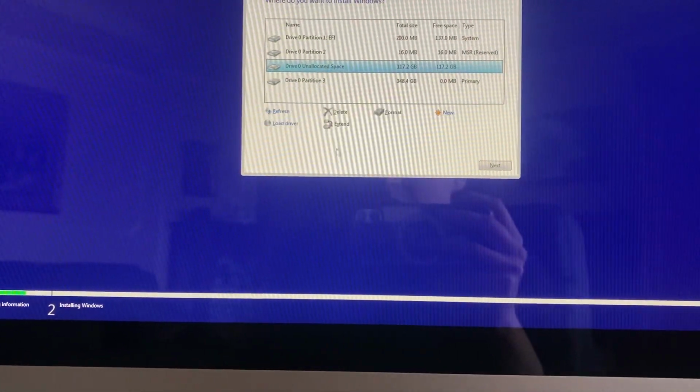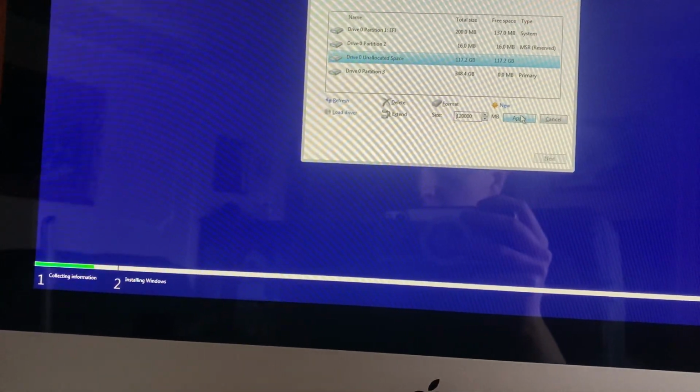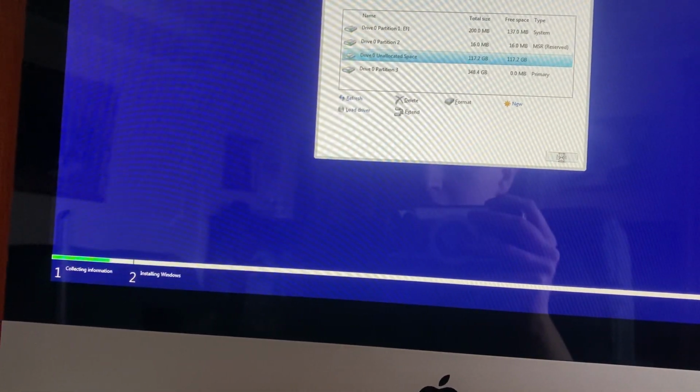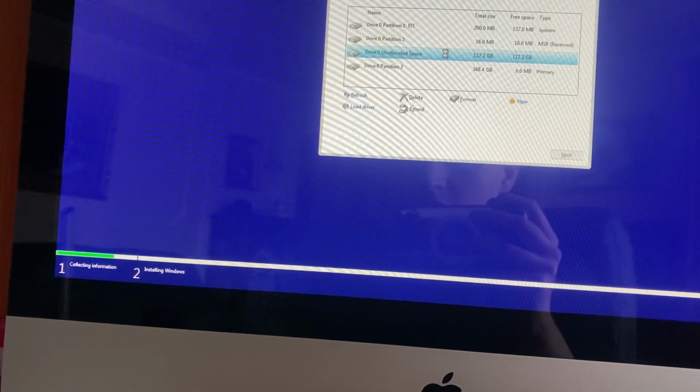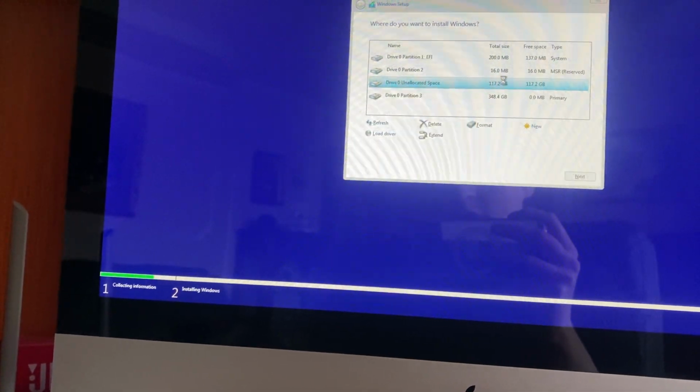So now we just need to choose it. And just tap on new. And here you just need to write, or you can also just choose this one and just tap on it, and it will use all the space of